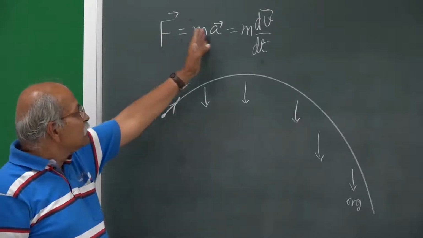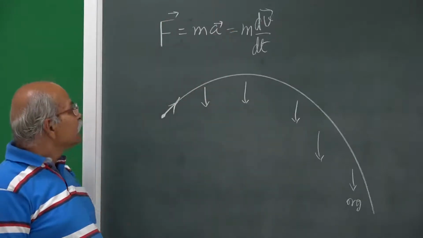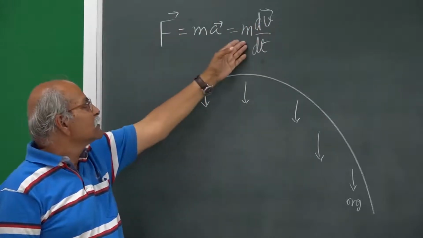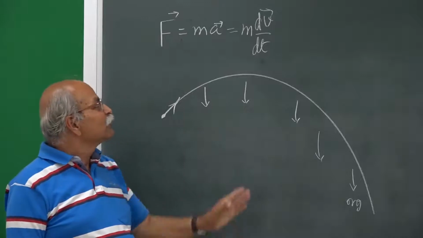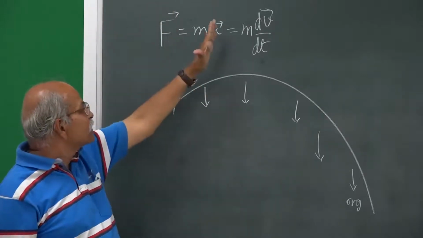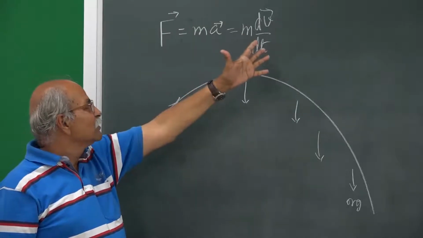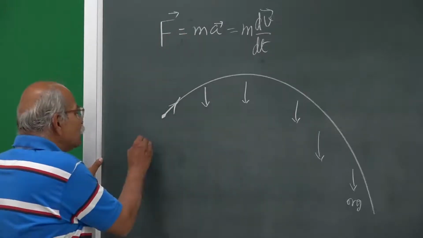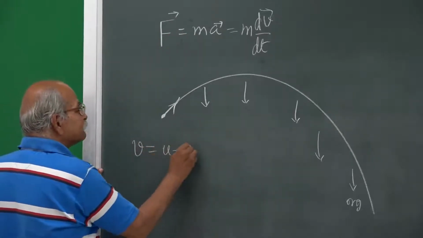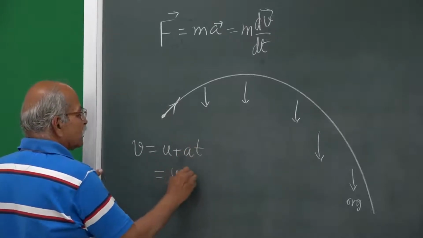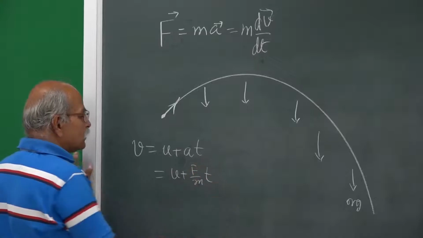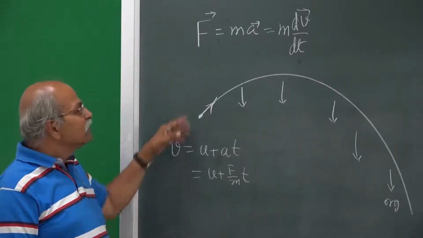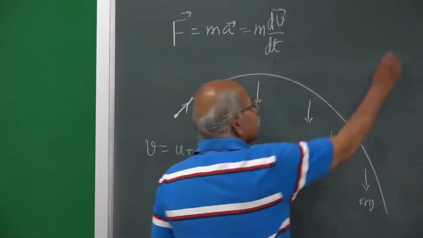And that comes from this particular equation. Then this acceleration is just given by this force divided by mass. If you have a constant force in a fixed direction, and the motion starts in that direction only, the speed will keep on increasing. We know all those equations. V is equal to u plus at, and this a is f by m, into t. So, as time passes, this velocity keeps on increasing beyond any limit. These are regular Newtonian mechanics equations.